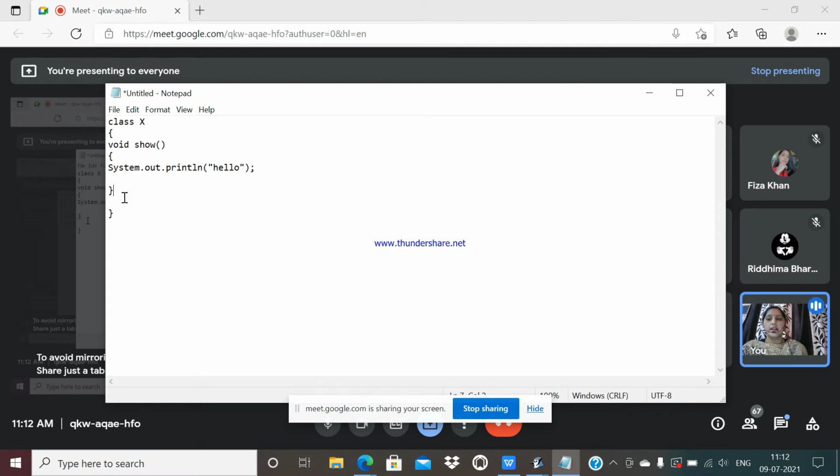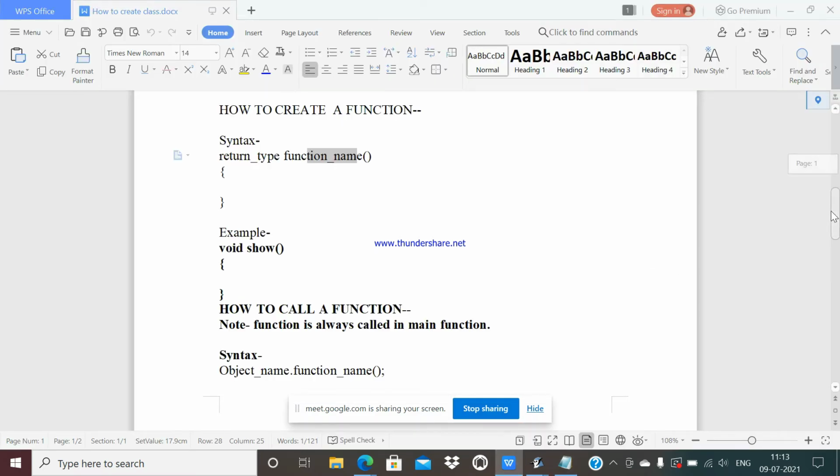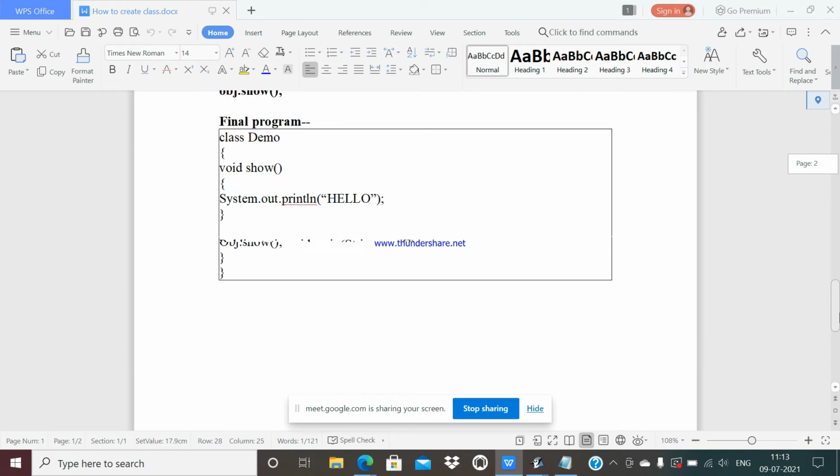अब मुझे क्या करना है, I have to execute this code. Now how will I execute this code? See, I told you this is a function, ये class है, ये class का function है. And I told you earlier also, whenever you want to execute any kind of function you will have to create an object of that class. Now it's time to create an object of a class. Okay, now let's see how to create an object. Okay, look at this document.